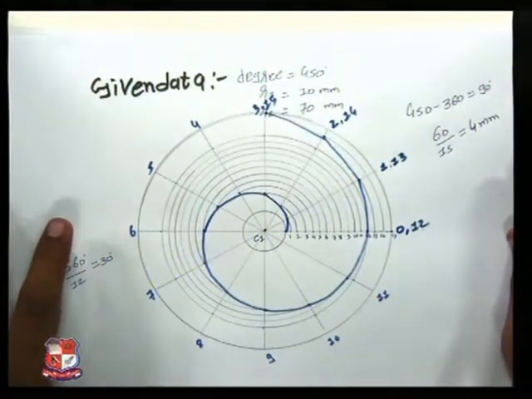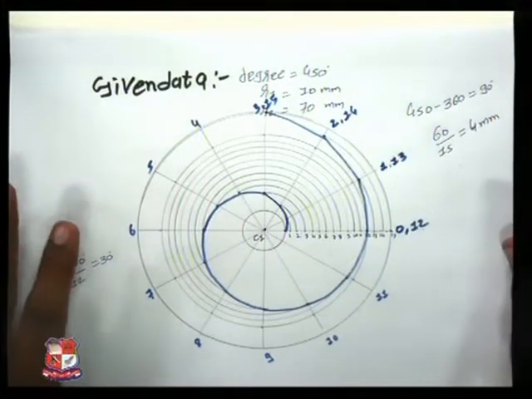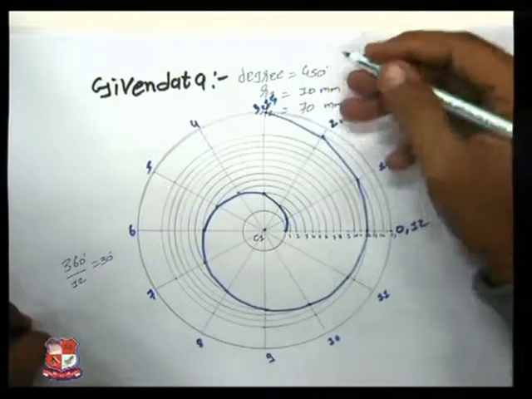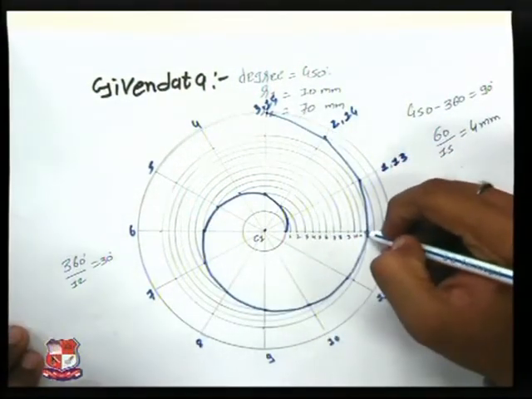This is our Archimedean spiral. It fulfills all the requirements. What were the requirements? Our first requirement was 450 degrees, 360 till here